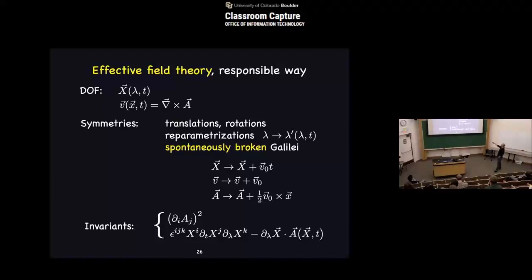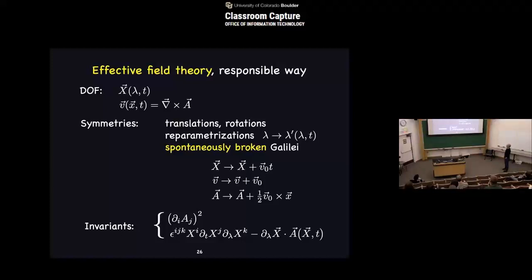You have translations and rotations that act on these fields in the obvious way. They translate x, and they translate the argument of A. We have reparametrization invariance along the string. Simply, you can choose any parameter to parameterize the string. Only, let's say, for instance, the physical length will be an invariant, but the parameter that you choose along the string doesn't matter. And then you have, I'm now doing everything non-relativistic for simplicity,